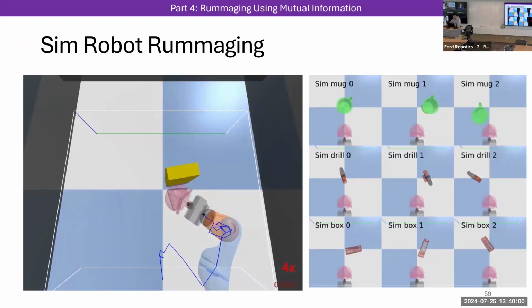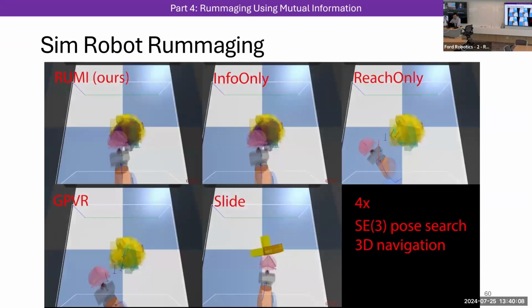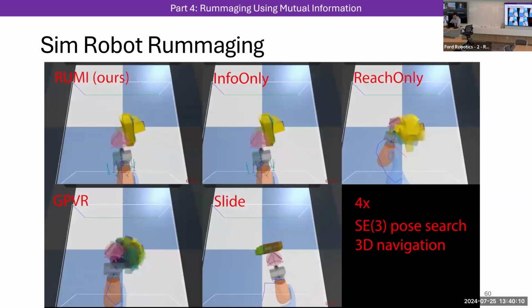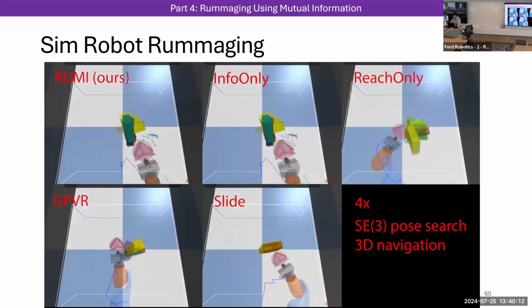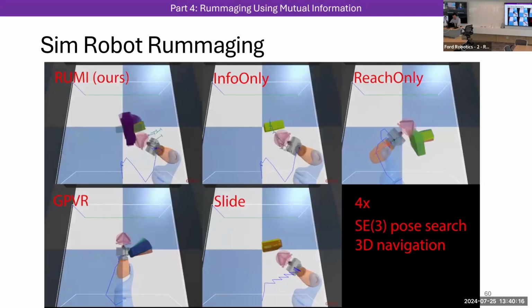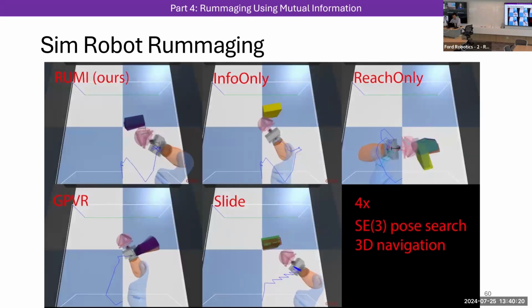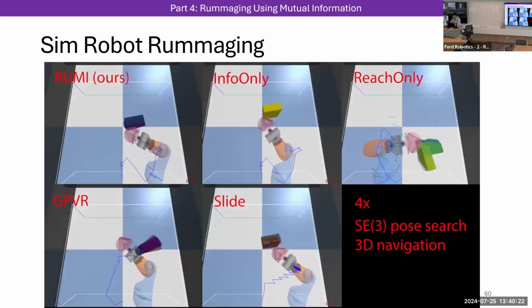So next, we take a look at our method in comparison to all these baselines. And these will be executed quickly, but we can take a look at the executed trajectory afterwards. So we see that the slide baseline fails very quickly because it could not actually physically get around the box and started pushing the same location repeatedly. Reach only failed